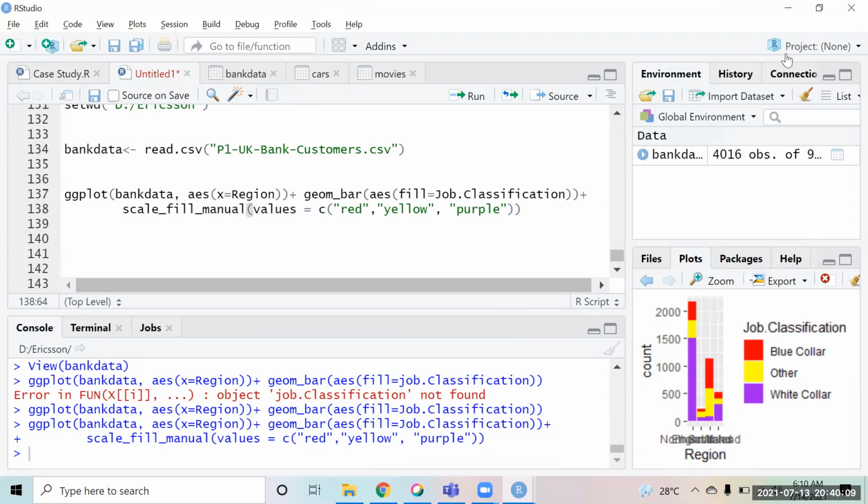Okay. Amit, if I give the hexadecimal code instead of colors, will it work? That will also work. Okay.